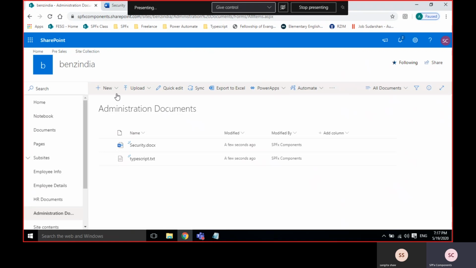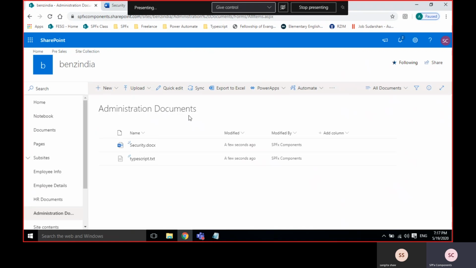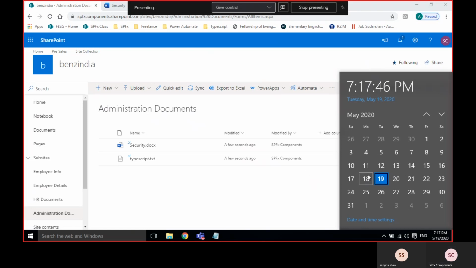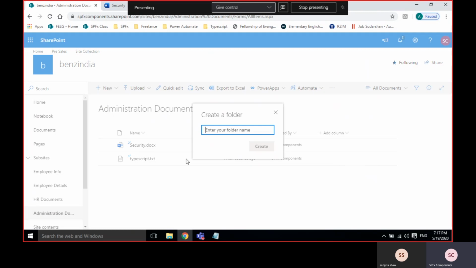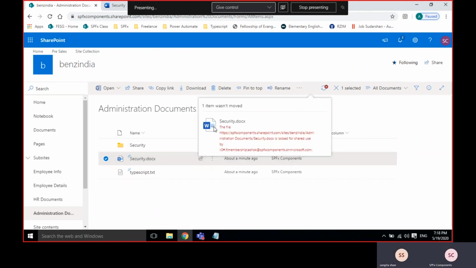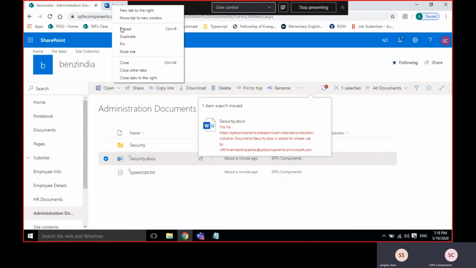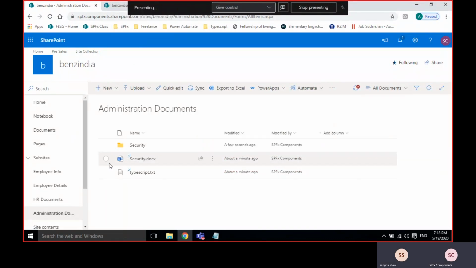For example, I want to maintain the files related to security, so I'll segregate them. I'll create a folder called security. Then I can just move these files into it, and that is easy to handle.